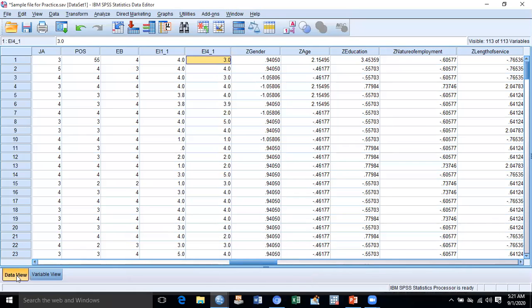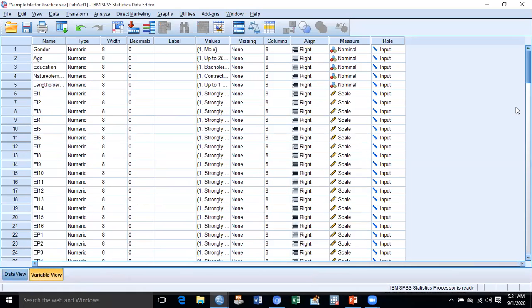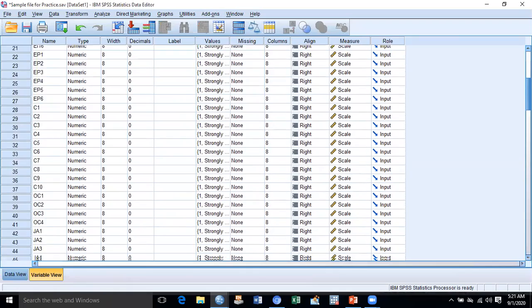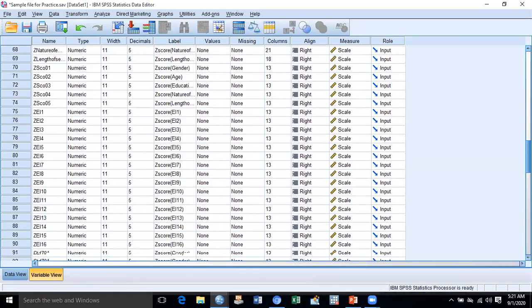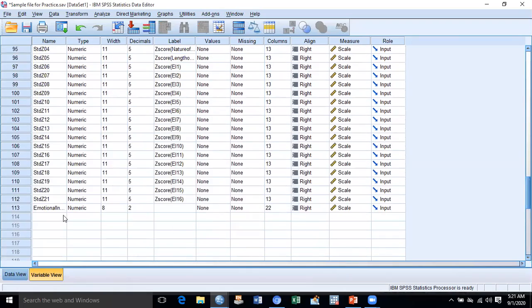Here you can see in Data View, at the end of the data, it has created a variable with the name emotional intelligence. We shall calculate all the variables the same way as emotional intelligence.